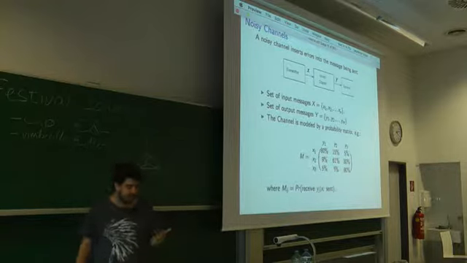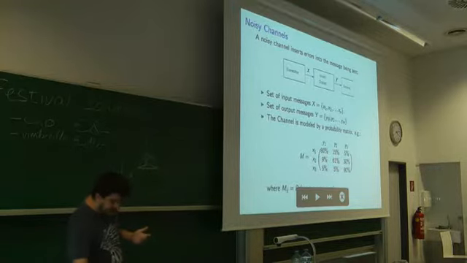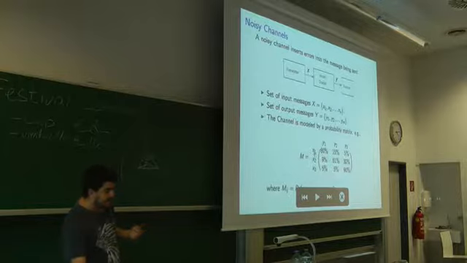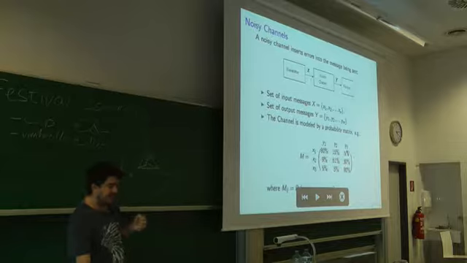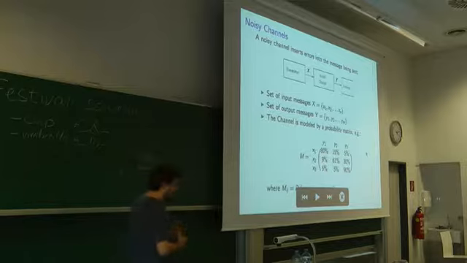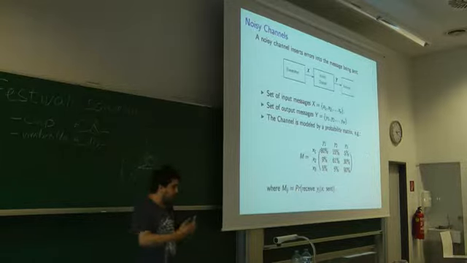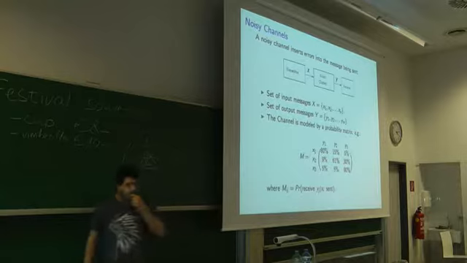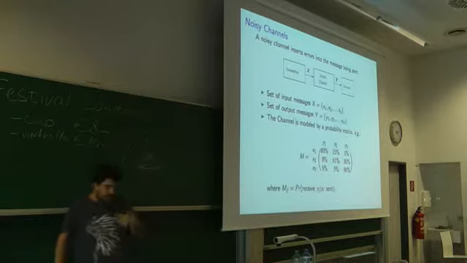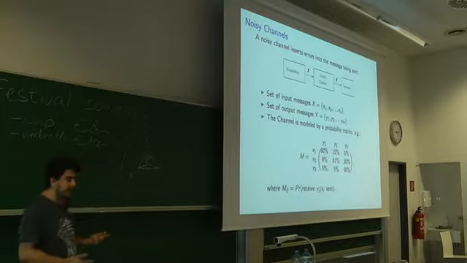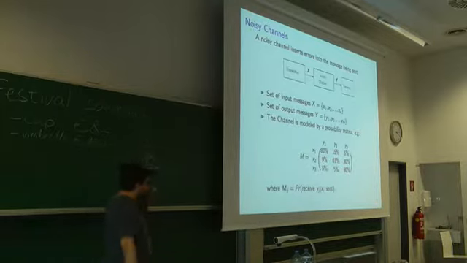What does it mean? Here in this matrix, we see that when the transmitter sends an x1, there's an 80% chance that a y1 will be received, a 15% chance that a y2 will be received, a 5% chance that a y3 will be received, and so on. So this matrix characterizes how the channel behaves with respect to what I put in and what comes out. And the whole point here is how do you communicate, how do you send things through this type of channel.